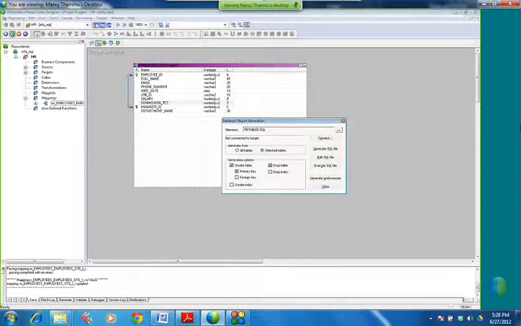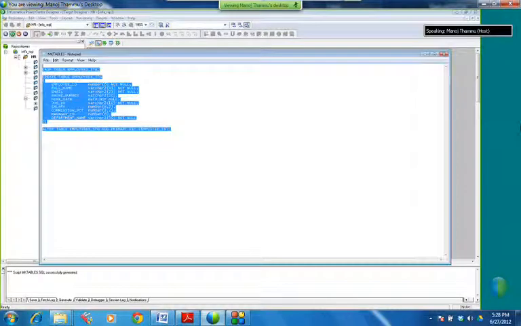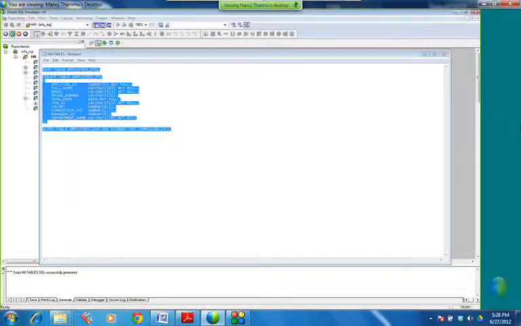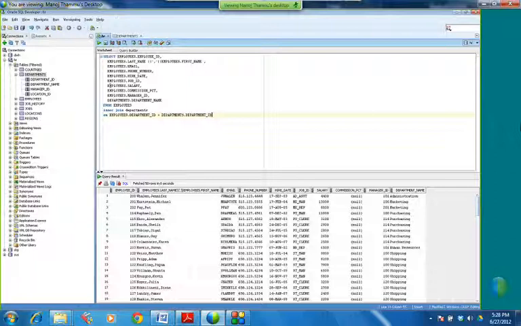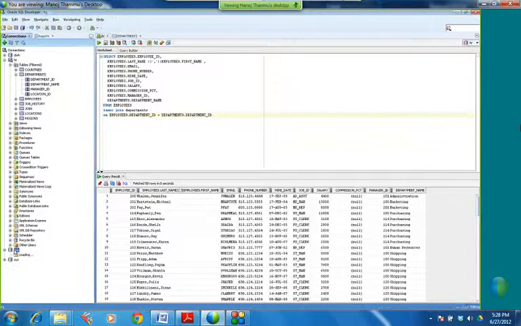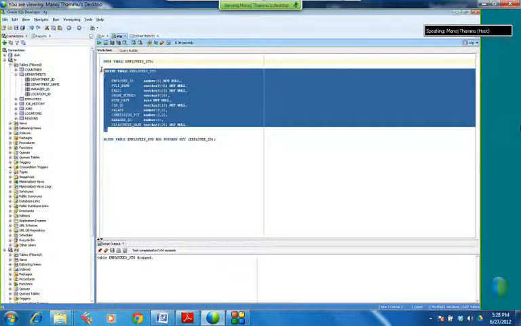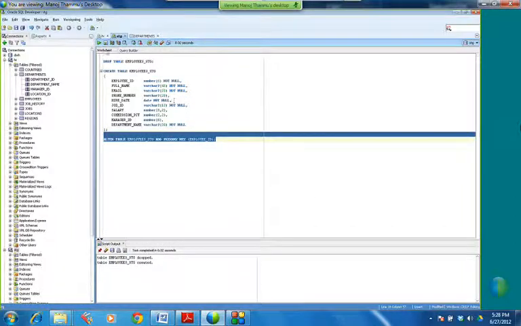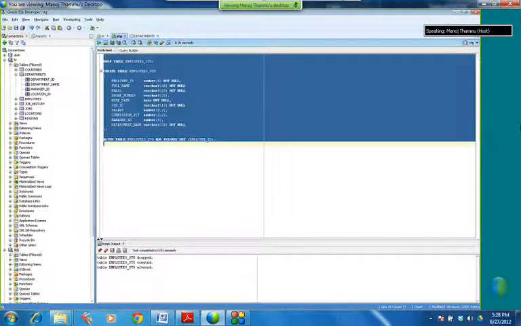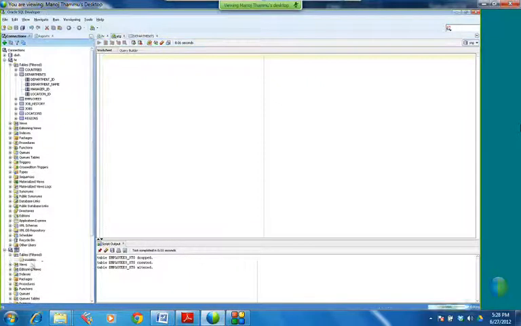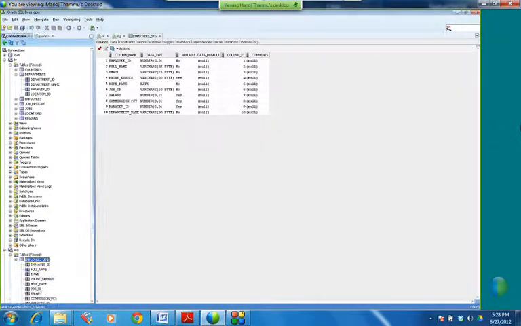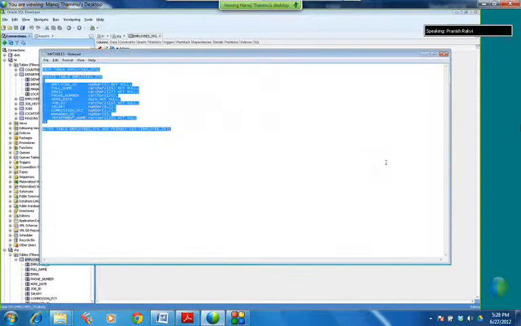So I select a drop command and generate SQL file, edit SQL file, copy this SQL file, go to the SQL Developer. Where should we paste it? STG schema. So first the drop command should run, then the create command, then the alter command, right? So now our target table is redefined, right? With what we needed.